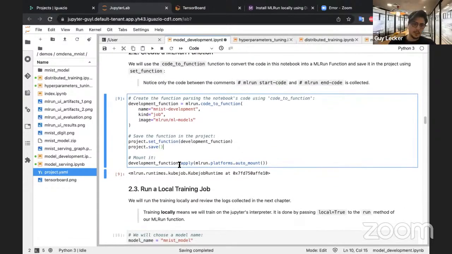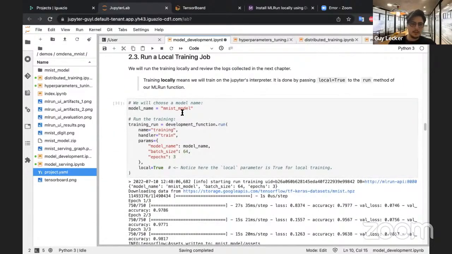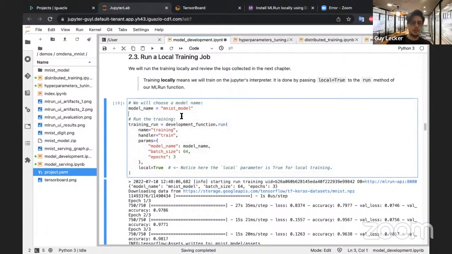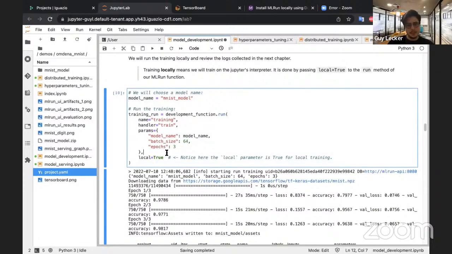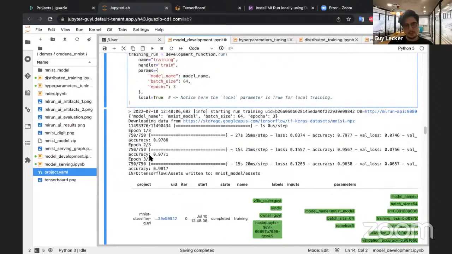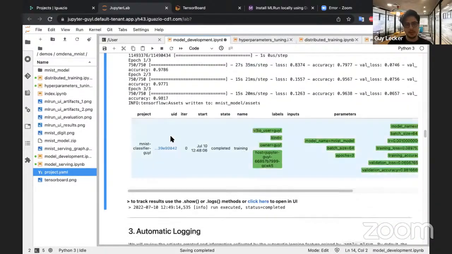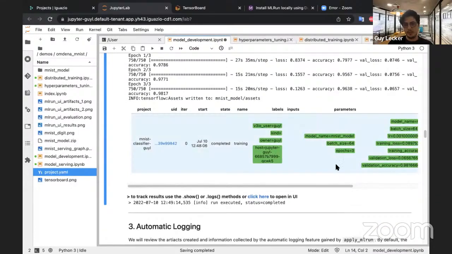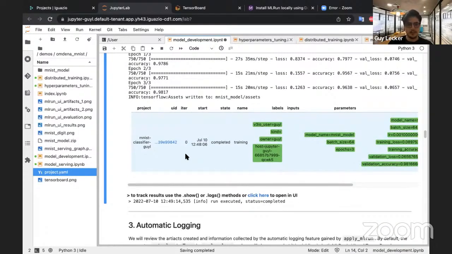Okay, so now we have the model, and we will run it on the local Jupyter notebook because I set local equals true. As you can see, it ran. I have a very high accuracy, and now I have this summary table. So what I can see here,